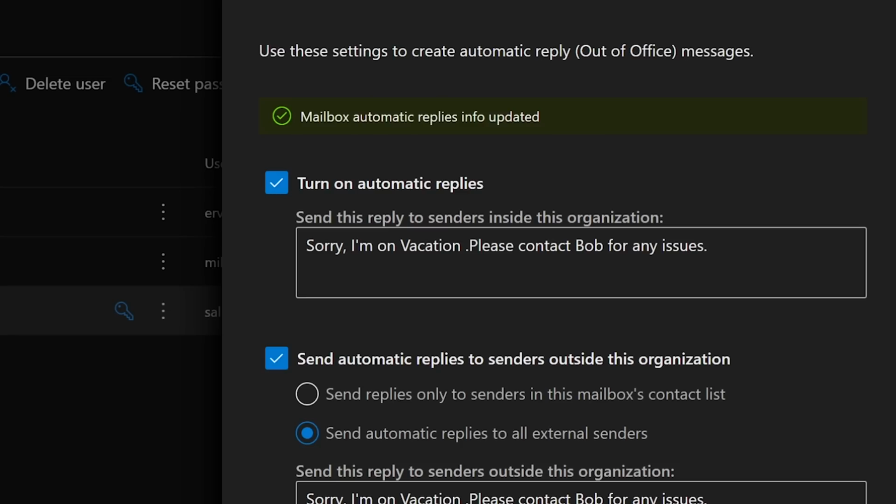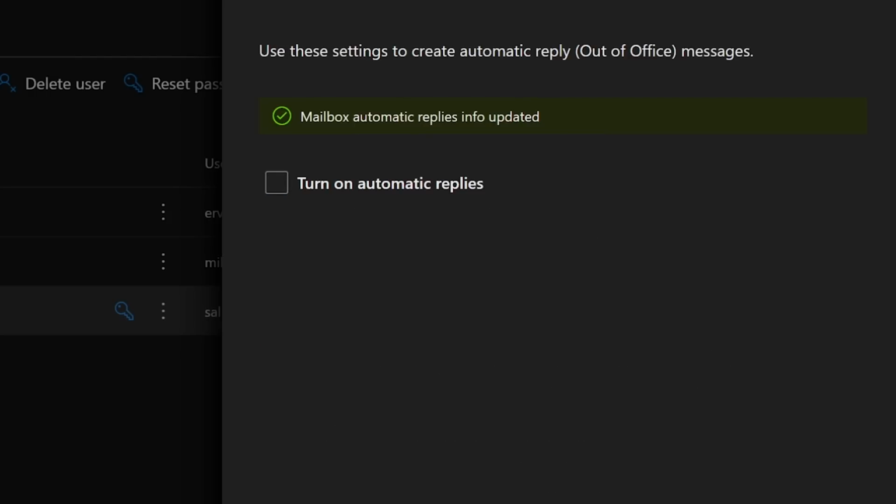Or if she forgets to do it, and then suddenly her manager says, hey, we're not getting any contacts from the customers, customers are not getting any reply, they need to get this done. Well, that's because Sally hasn't set this up, right? So we have to make sure this is set up for Sally, so that the customer can get a reply saying, hey, contact Bob for any issues. So we're going to turn it off here,